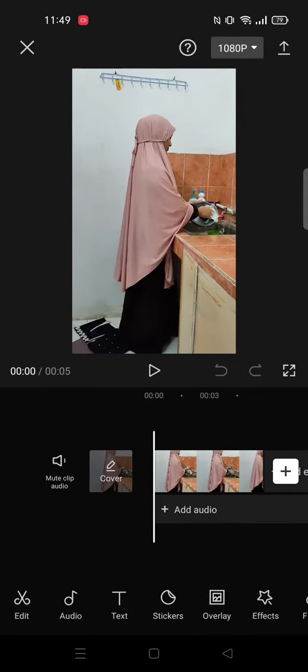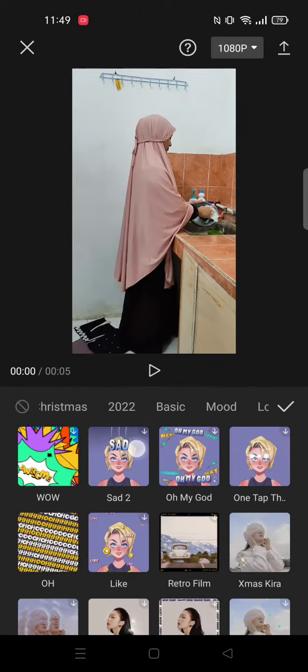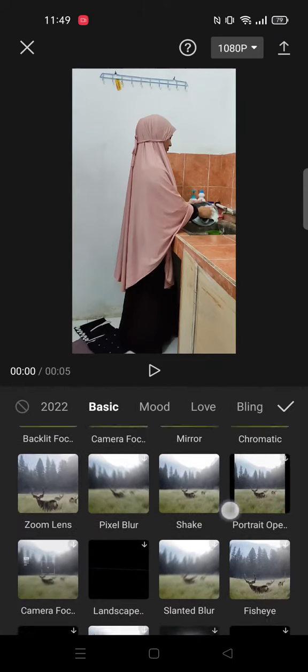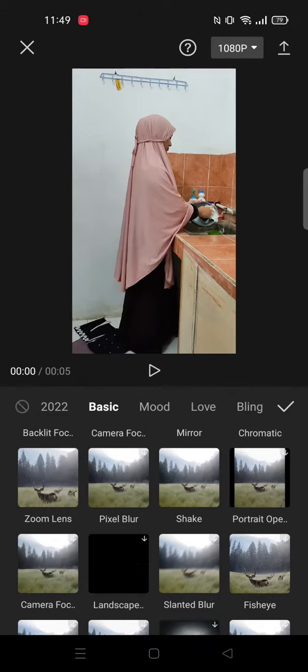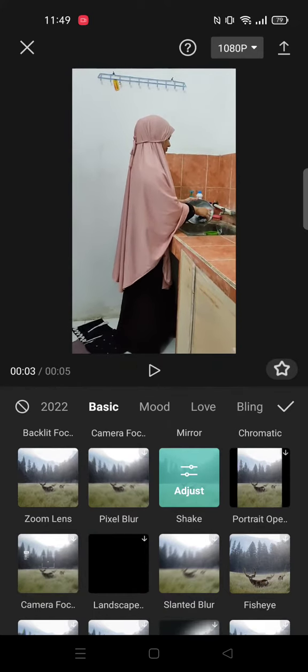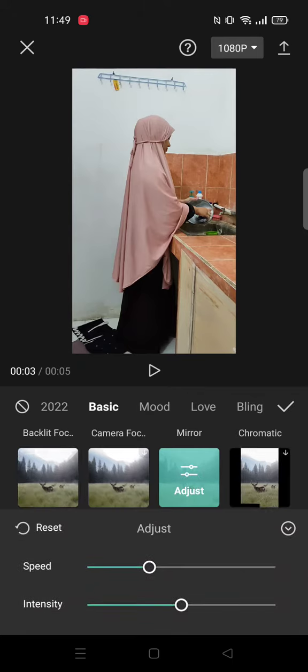Okay. Now click on the effect. Click Video Effect and click Basic. In here you can see shake effect, this one, and then click on it. You can adjust the effect, just click on the adjust,